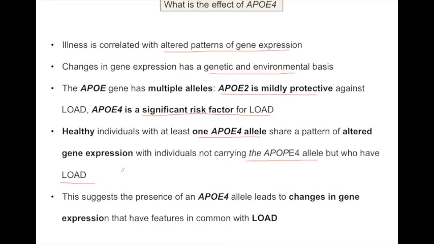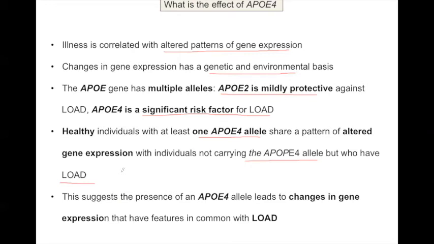So let's just take a minute to say that again. There was a study done, and again, this was done on post-mortem brains, where the researchers took brains of individuals who were heterozygotes for ApoE4. These individuals, although they were carriers for the risk allele ApoE4, did not have Alzheimer's disease. Their brains were compared with the brains of individuals who did not carry any of the E4 alleles. In other words, they had either E2 or E3 alleles, and a gene expression comparison was done between them.